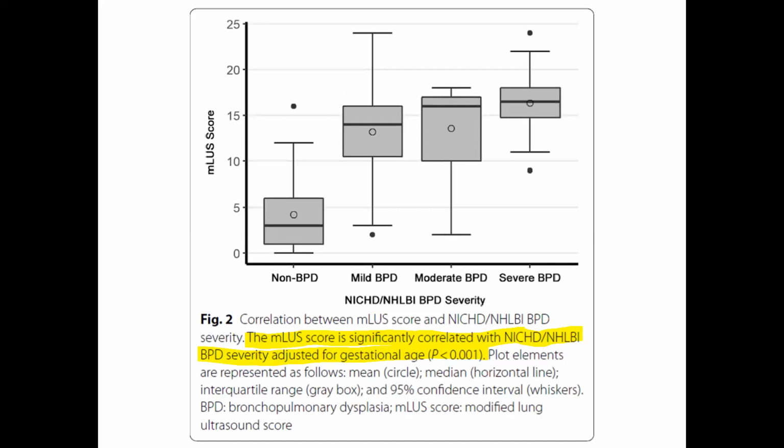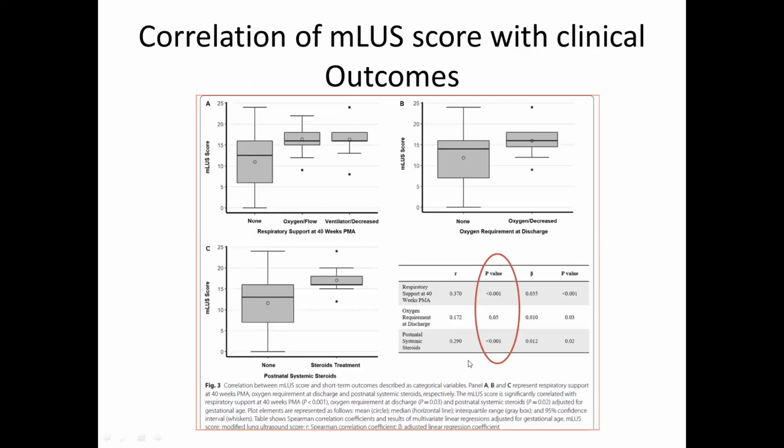In this slide, you can see on the x-axis the NICHD classification: non-BPD, mild BPD, moderate BPD, and severe BPD, and on the y-axis the modified lung ultrasound score. A box and whisker plot is used. Classically, the average modified lung ultrasound score of non-BPD was only between 3 to 4. As we go from mild to moderate to severe BPD, the score increases, and the result had a significant p-value of less than 0.001. And here we see